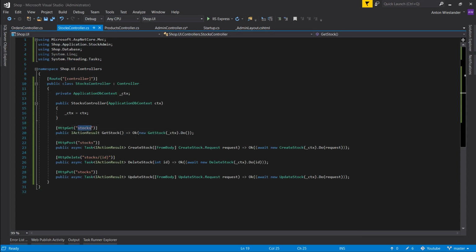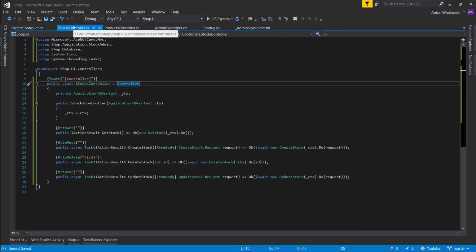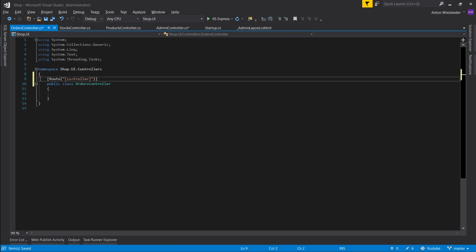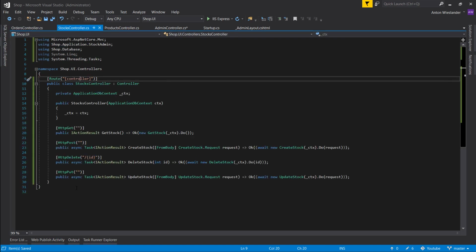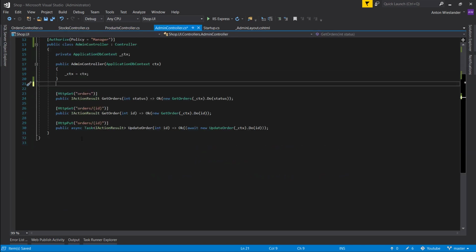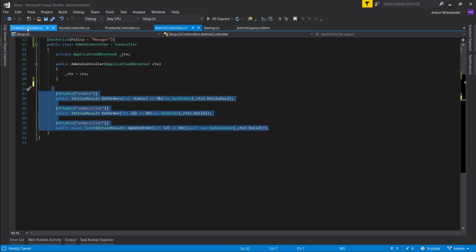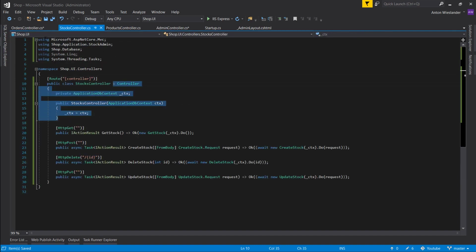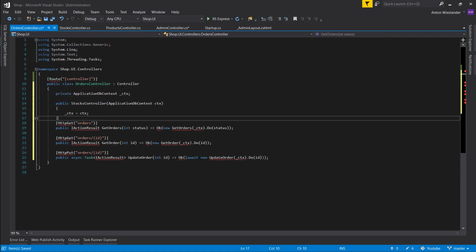Quickly go into stocks and let's remove these stocks over here. Cool. So let's grab this control route here. Let's take this stuff, cut it, put it here, grab the constructor,